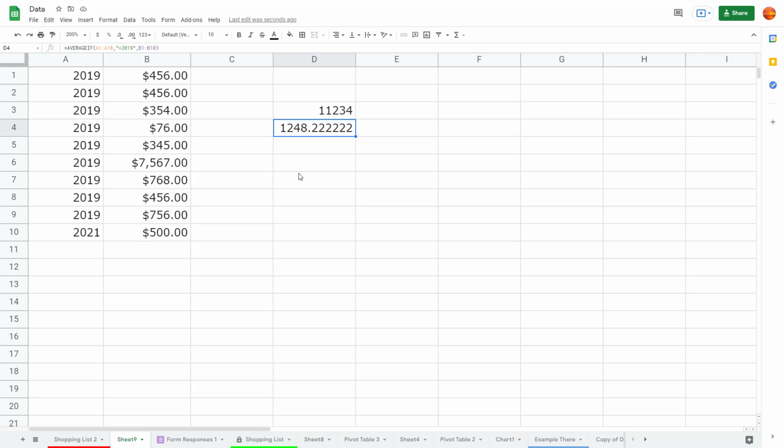And that is how you can work around with data like the IF conditions for such data inside of Google Sheets. So I hope you guys learned